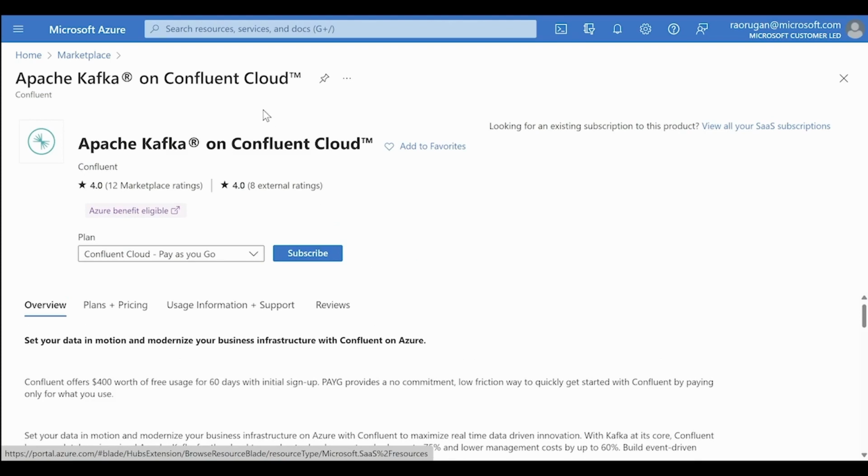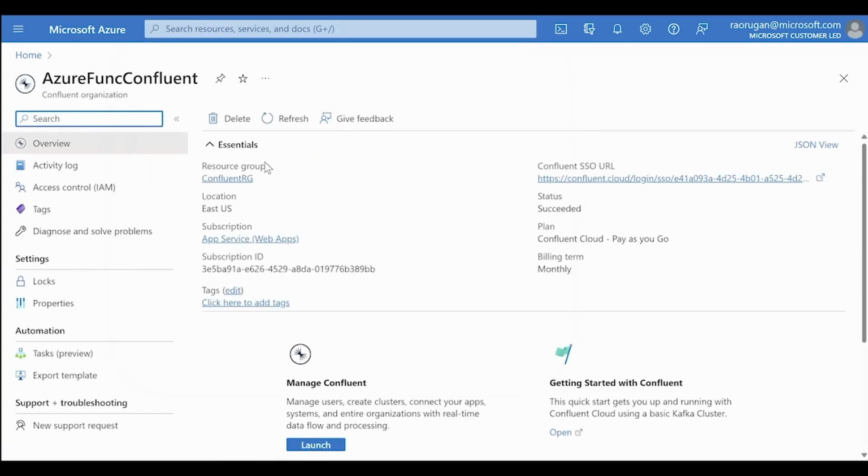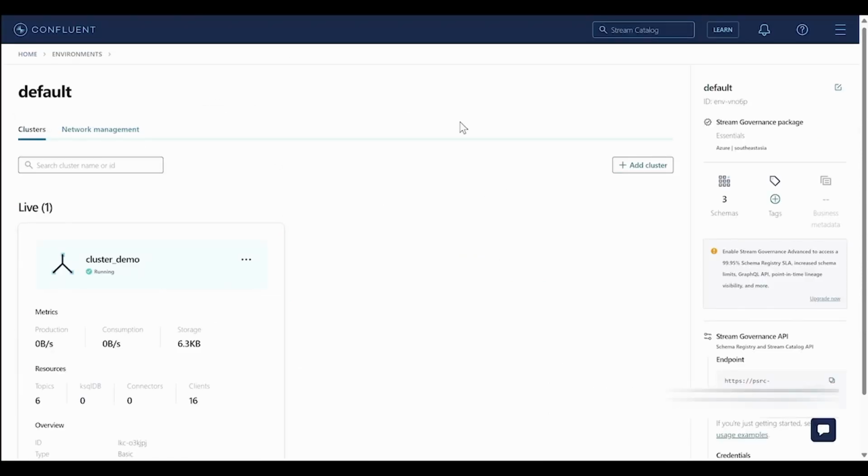After successful creation of the Confluent Cloud resource, an Azure resource is created, which is mapped to a resource group and an Azure region. And more importantly, an SSO URL is generated. This SSO URL takes you to the Confluent Cloud UI dashboard. Using this dashboard, we can create clusters, topics, and so on. Once you land in the Confluent Cloud UI portal, create a cluster. After creating the cluster, the second step is to create the schema registry. And before we move on to the schema registry, as a best practice, make sure your cluster and Azure functions are deployed to the same region to avoid any latency issues.